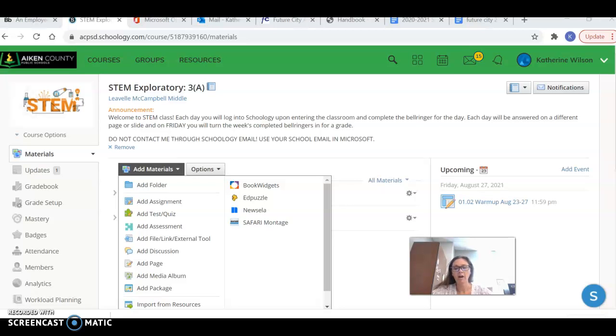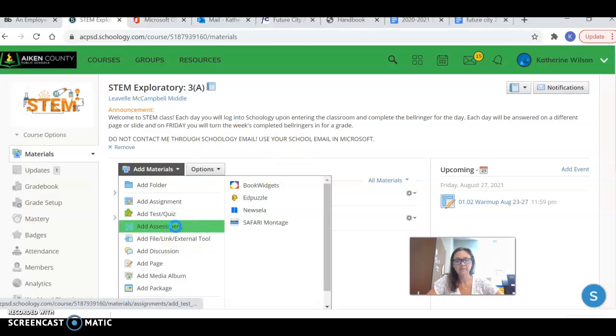I've been asked how to add a worksheet into Schoology as an assignment so the students can write on it. There are a lot of programs out there, and some of them are time consuming, and I just didn't have the time to do it. So a quick way I found is if you are in your class and I go to add assessment,